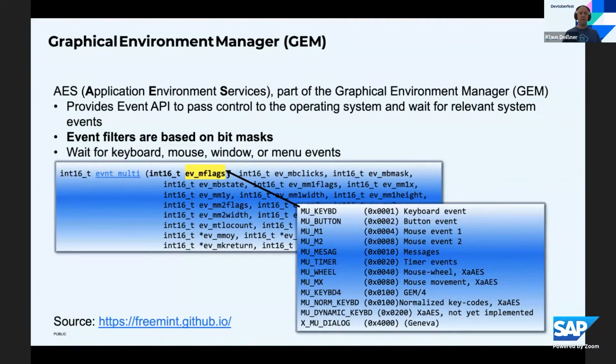and you could, of course, apart from all the other functionalities like rendering and the UI and so on, you could also let it notify you when something happened in your UI. And this is actually already quite similar to what we do with CloudEvents these days, in some regards at least. So you can subscribe to events, you could say. This flags parameter here is a bit mask where you can select which events you want to get notified, which of those should wake up your own code. And so that was, for me, the first time I was confronted with this eventing concept inside computer programming.